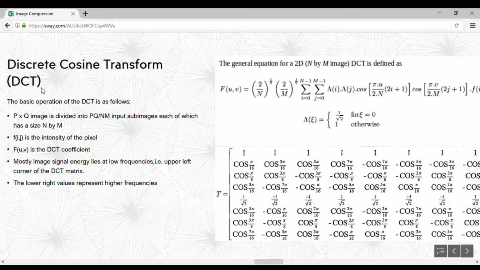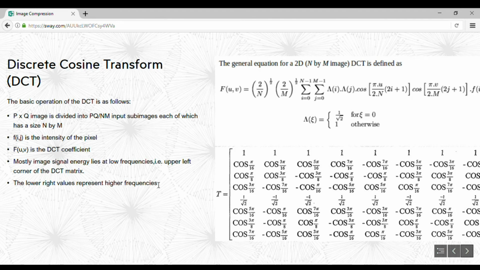Discrete cosine transform. The process of DCT takes place as follows. The image of size p cross q is subdivided into n cross m blocks, preferably n equal to m. The number of subimages is given by (p cross q) divided by (n cross m). For the n cross m subimage, F(i,j) is the intensity of each pixel, and i and j are the spatial coordinates. We transform it using the DCT matrix transformation to F(u,v), which will also be a matrix of size n cross m. But as all natural images contain more energy in the lower frequency part, the F(u,v) matrix will contain more coefficient values close to 0 corresponding to the higher frequency part,